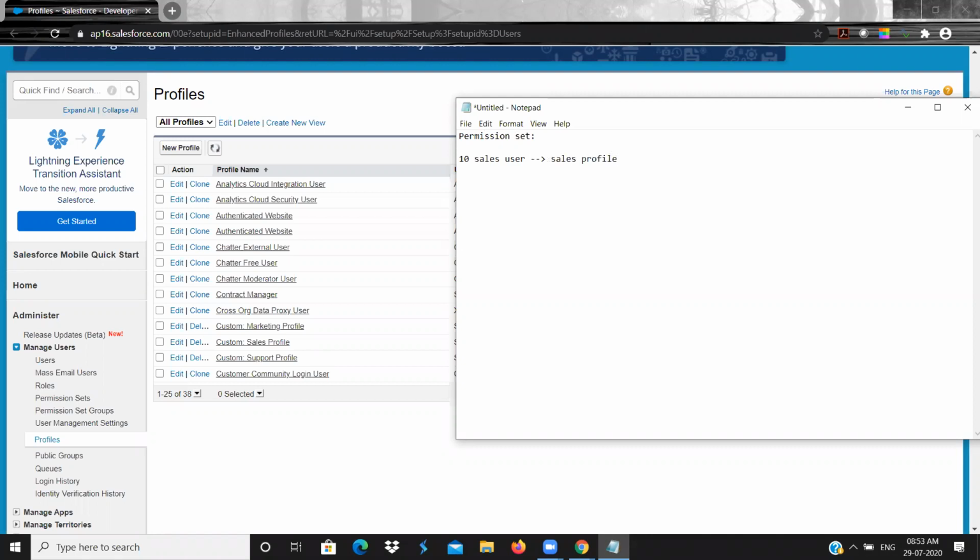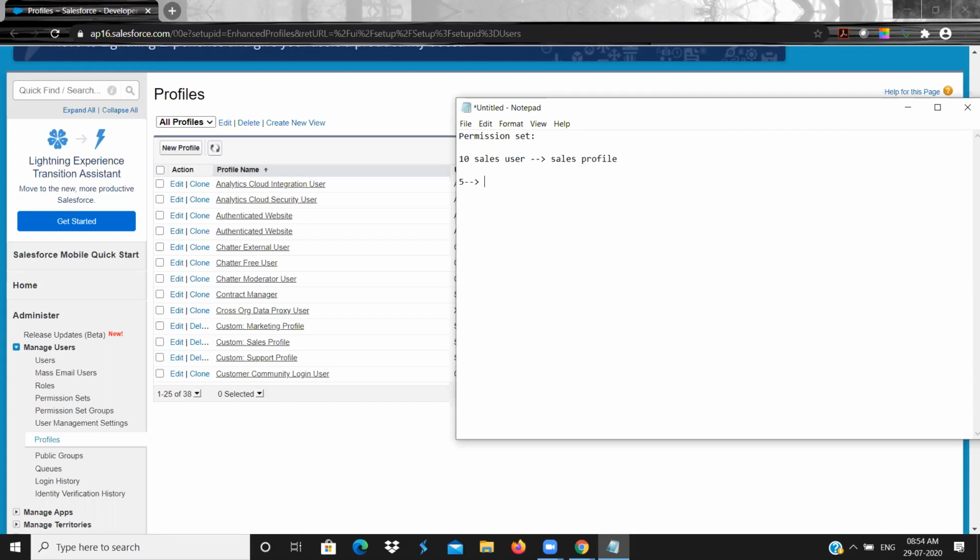But among them, 5 users are not seniors, or they do not know the business that much. So what is wanted is to give only view access, not edit access, for a few users only.